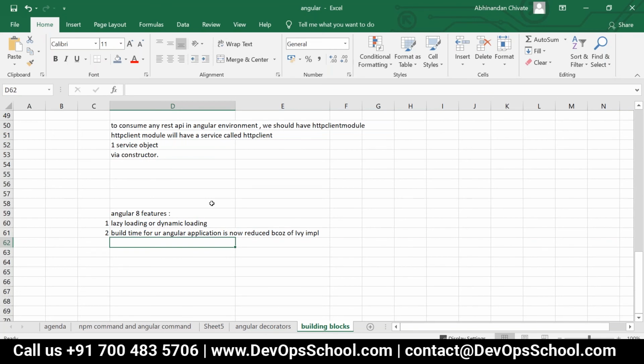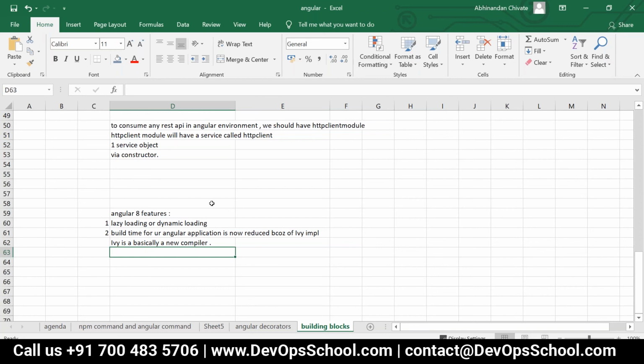People, when we talk about Angular Ivy, basically it is a new compiler introduced by Angular.